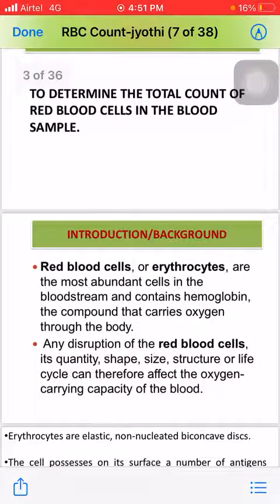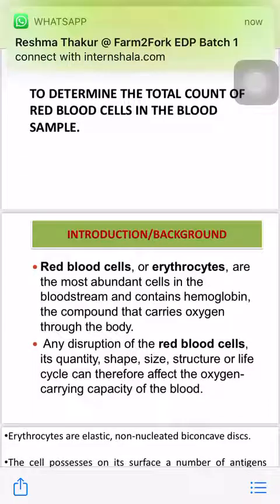So RBC cells are also known as erythrocytes. They are the abundant cells in the bloodstream. They contain hemoglobin, and the main important function is they carry oxygen throughout the body. Any disruption of RBC cells in its quantity, shape, size, structure or life cycle can therefore affect the oxygen carrying